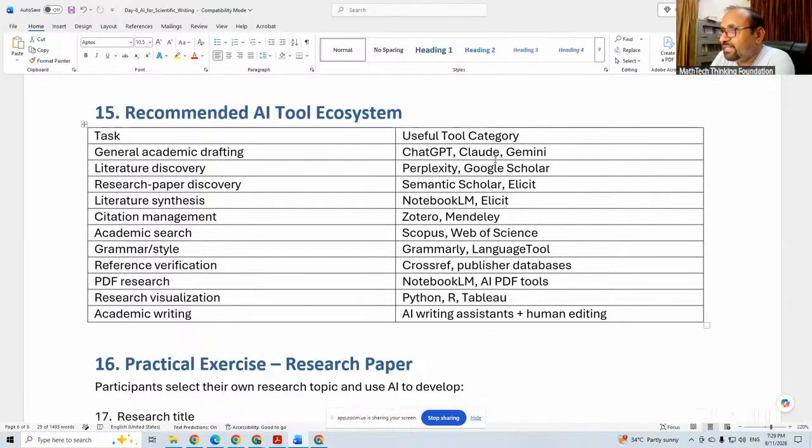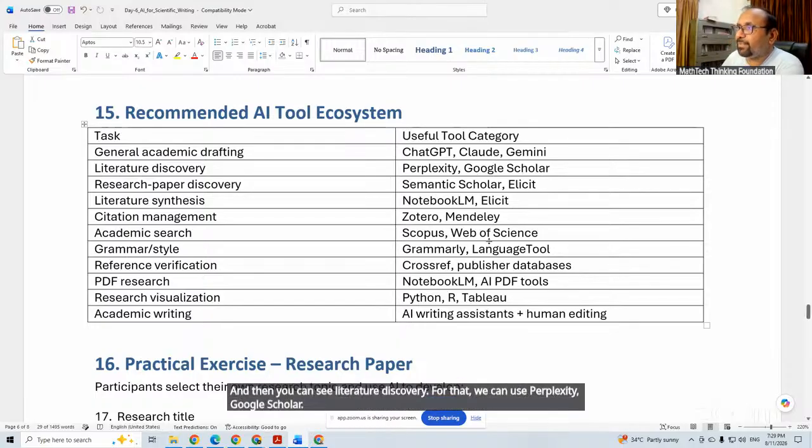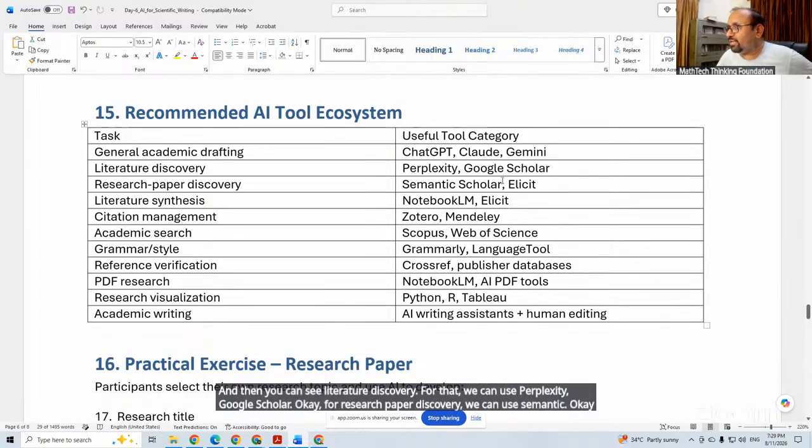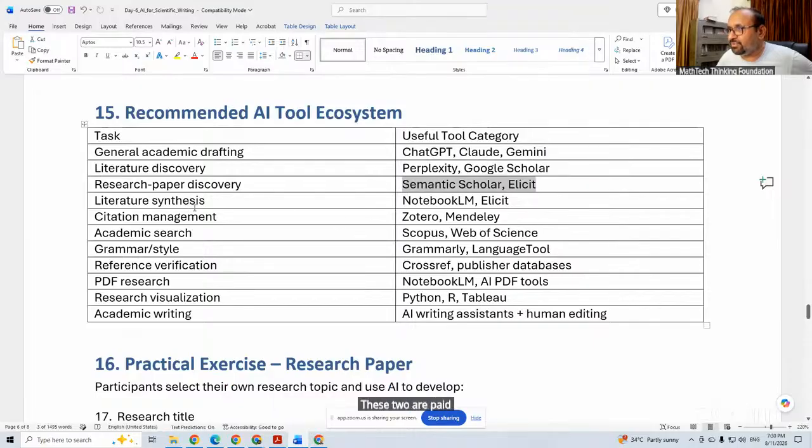And then you can see literature discovery. For that, we can use Perplexity, Google Scholar. Okay, for research paper discovery, we can use Semantic Scholar. Okay, Semantic Scholar we did not discuss. We will cover these two, but both are paid. These two are paid. And for the literature review, literature synthesis, we have used